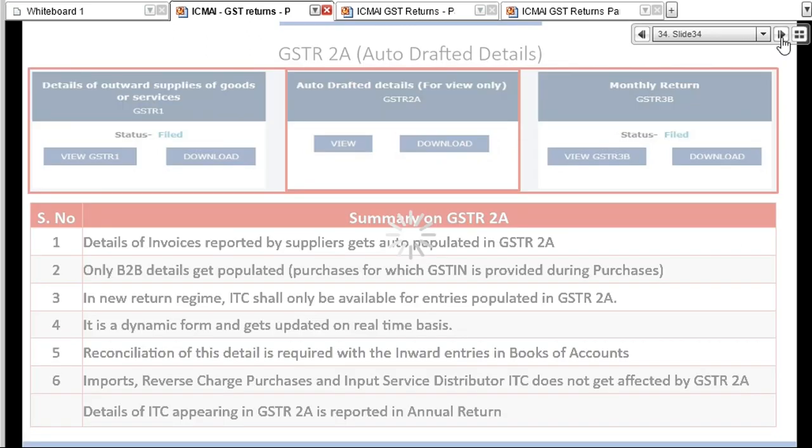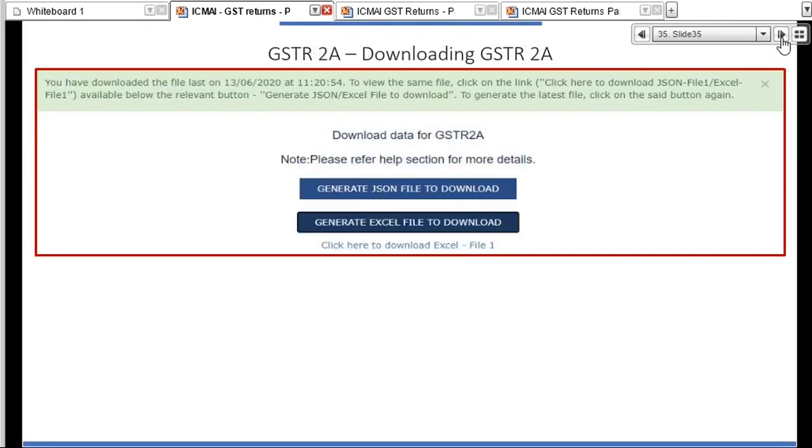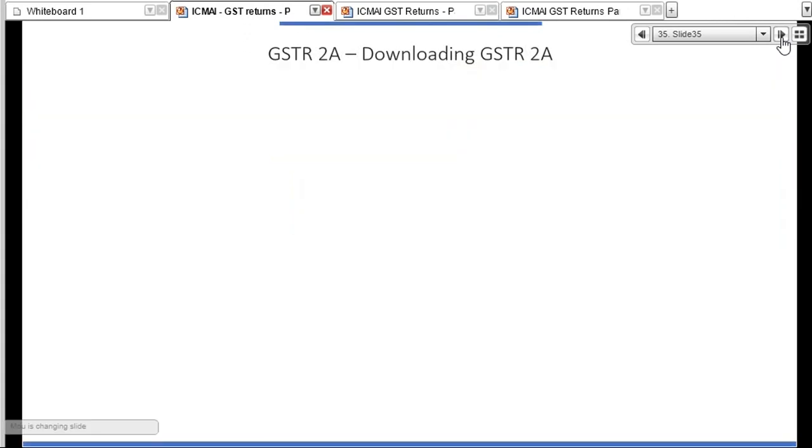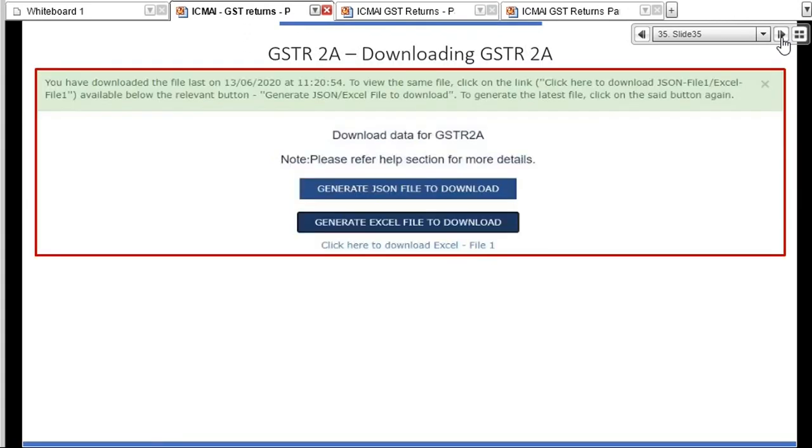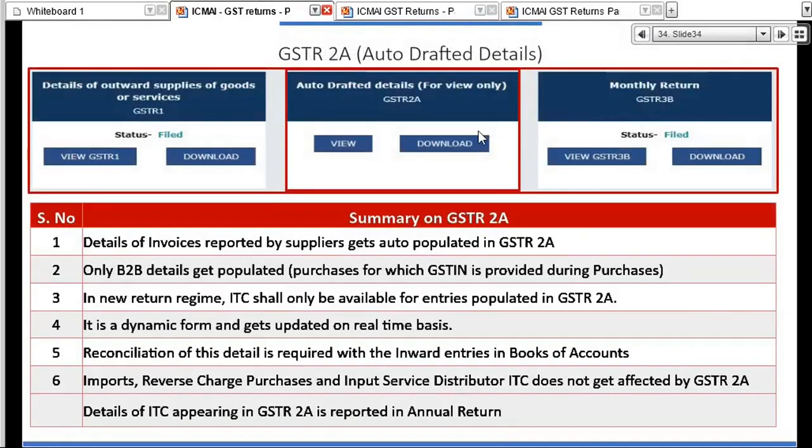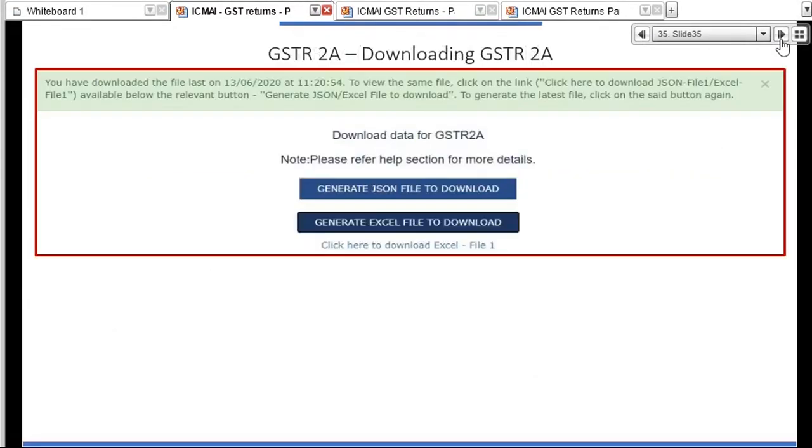Now friends, let us move and see GSTR 2A. So how do I download GSTR 2A? Once you click on this download tab, a new tab will open, right? You can either download in a JSON file or in an Excel file.